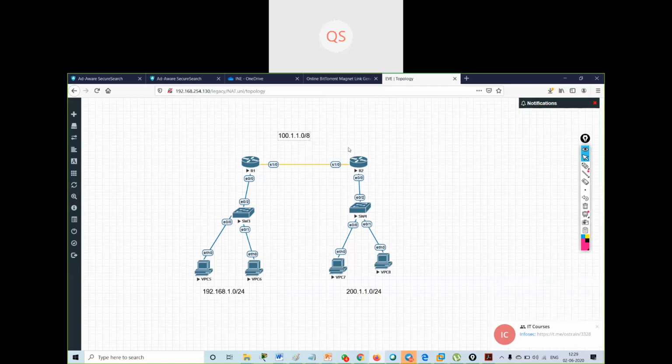I am giving /8 like this. Now I will give IP addresses to PCs and all the nodes.